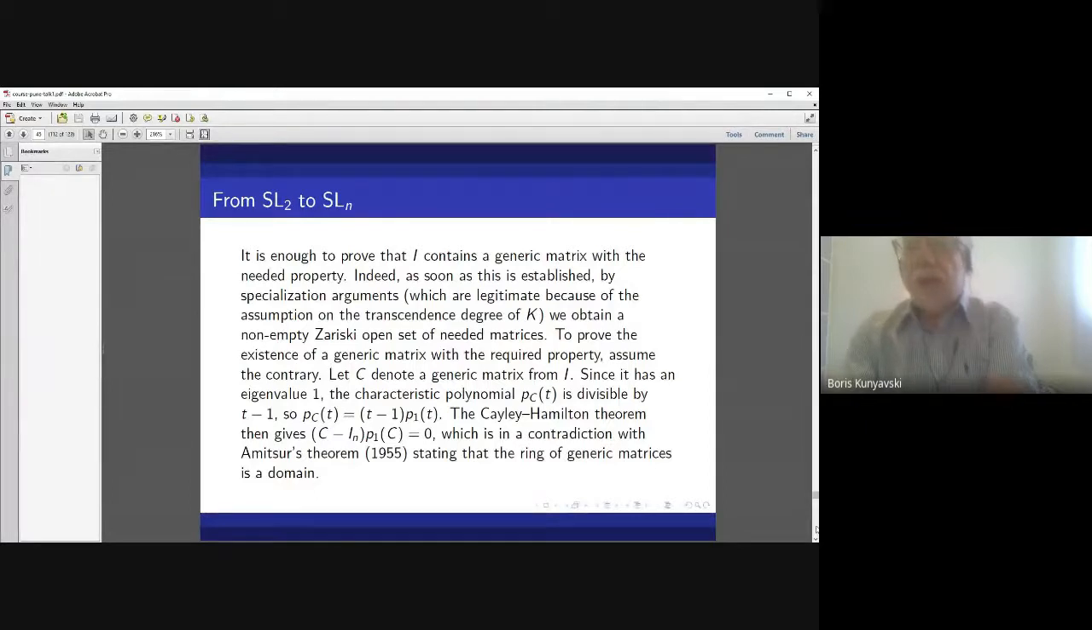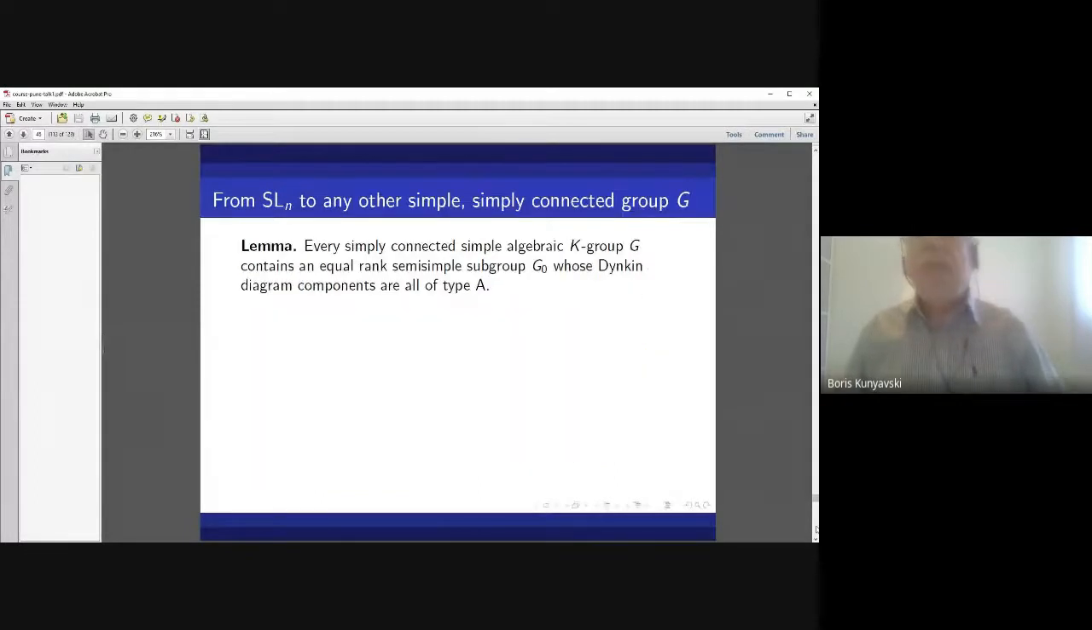But this is a contradiction with a theorem of Amitzur, going back to 55, which states that the ring of generic matrices is a domain, with no zero divisors. So here is a beautiful short argument. So now we know the theorem for SLN, and in the last 3 minutes to finish,